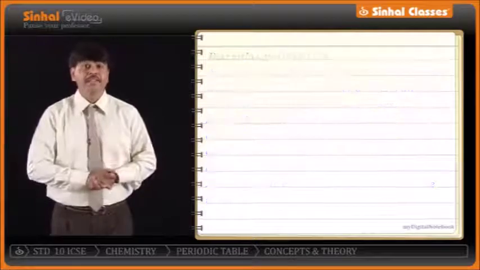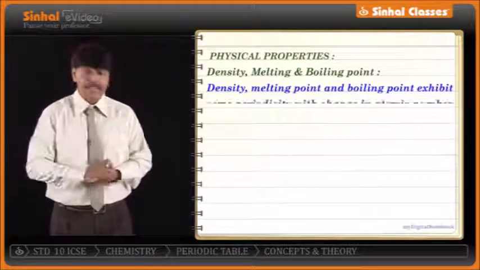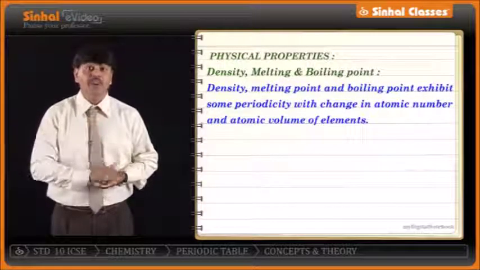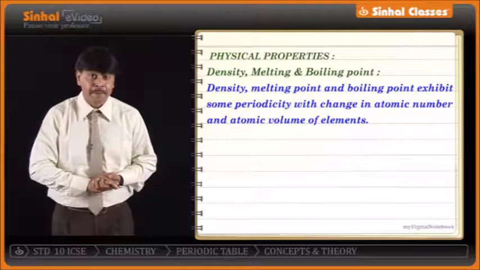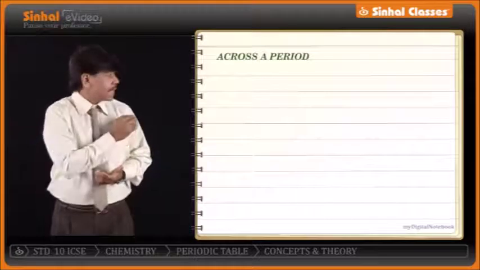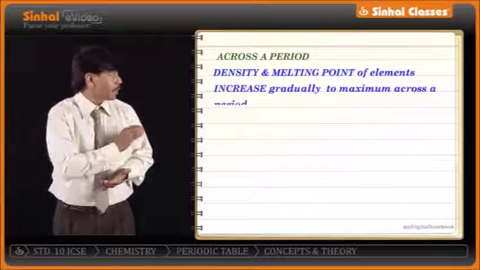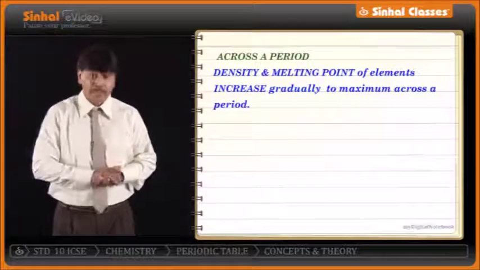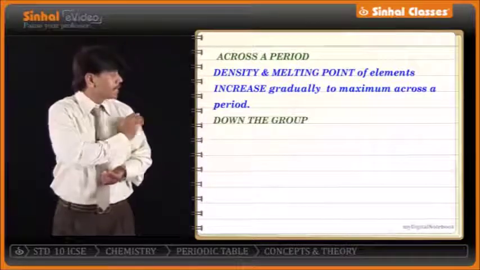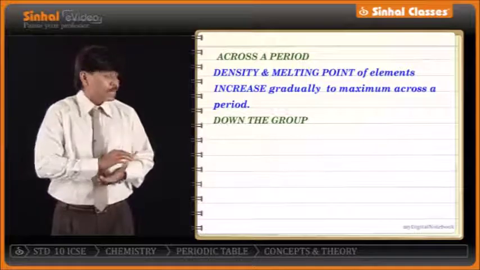Now let us take some more properties, general properties like density, melting point, boiling point, and we'll talk about the stability of an element. Now, as we go across the period, the density and melting point increase gradually to a maximum across a period, whereas down the group, again the density of an element will increase, whereas melting point and